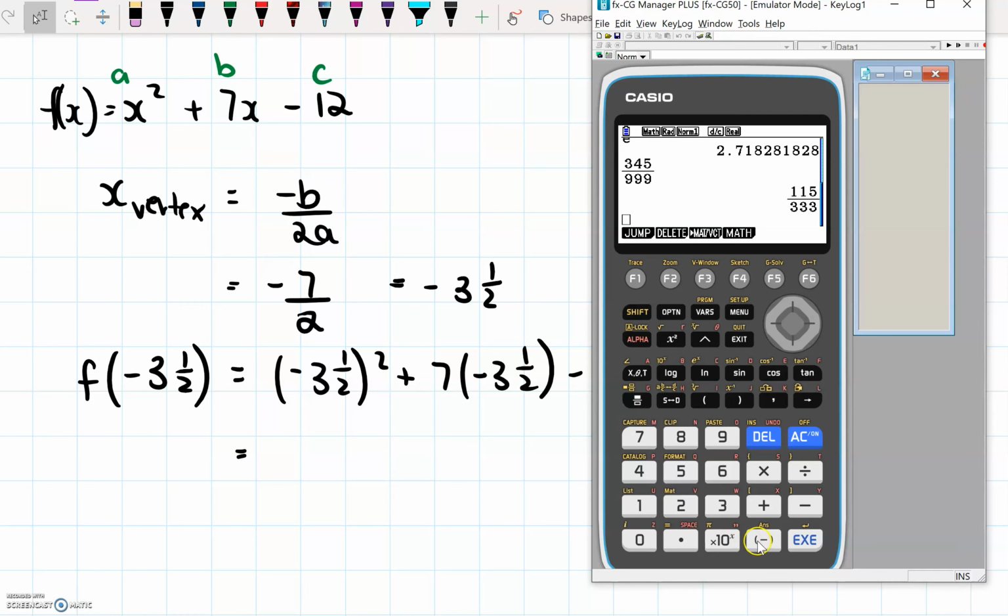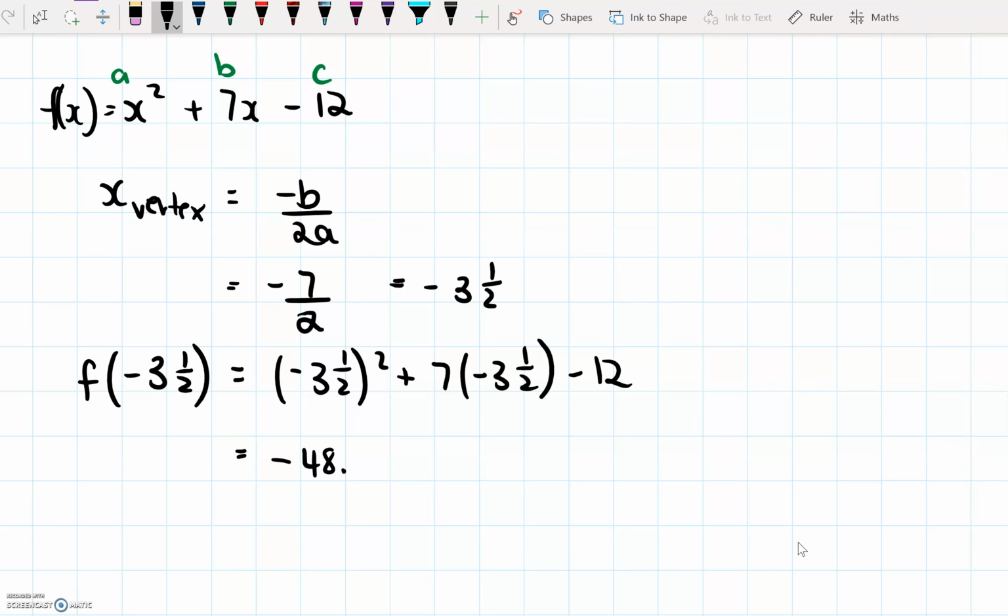Okay, so we have -3.5 squared plus 7 times -3.5 minus 12,